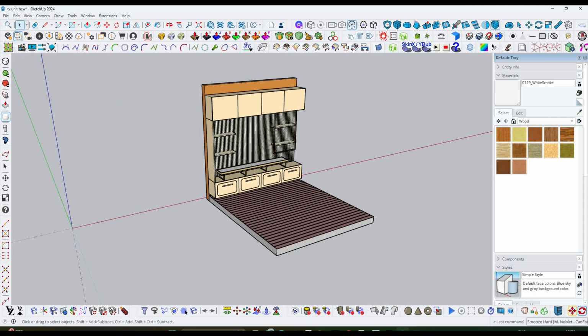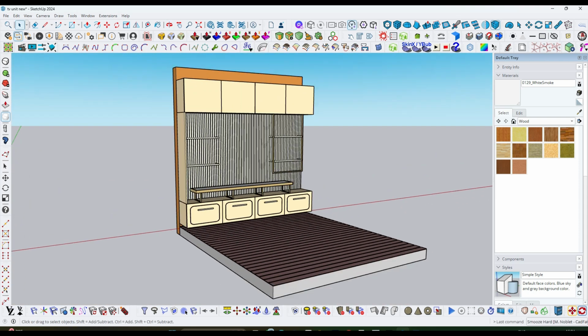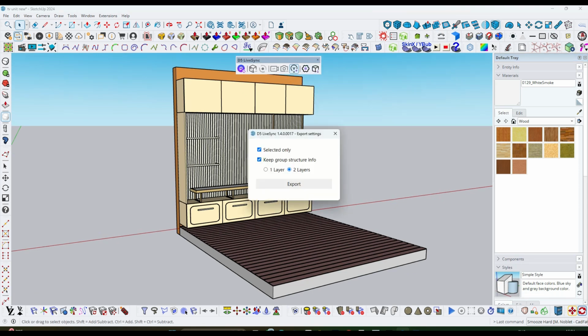Okay, so if your model is done, then here you have to use this option. Just click here and select these two options and then click over the export option. Okay,